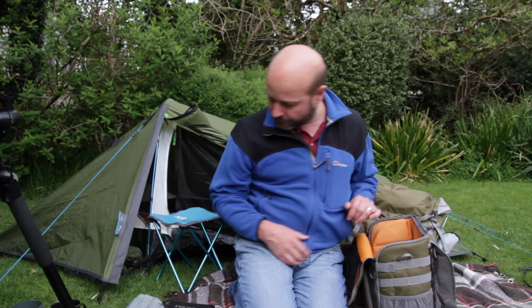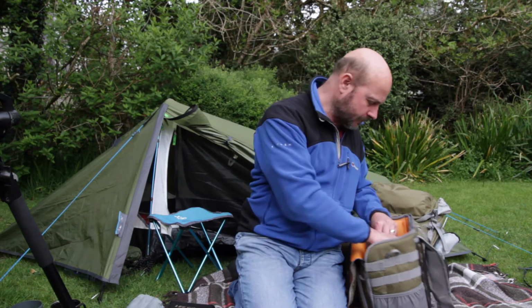Now a lot of photographers would then go for a wide angle lens for their next lens in their kit. I'm completely the opposite. I'm not a massive fan of really wide angle landscape pictures. I have shot them in the past, but I tend to find that I use wide angle lenses a very limited amount. I tend to go the other way and use the telephotos. So somewhere here, in here in fact,